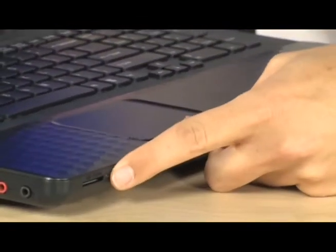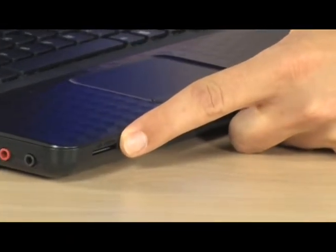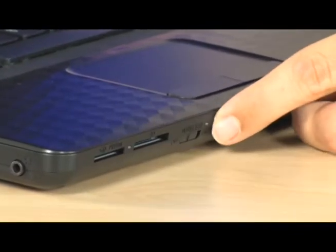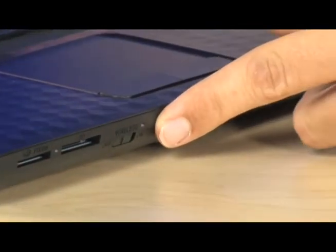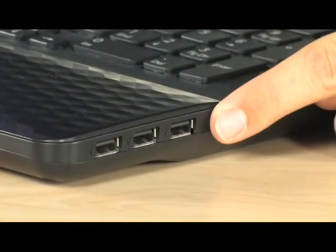Coming around to the front over here, you're going to see that you have a card reader here for Sony Pro Sticks and Pro Stick Memory Duos. You have an SD card reader. You have your switch to turn on and off your wireless antenna manually in case you need to turn it off. Coming over to the right-hand side of this thing, you have a whole set of 3 USB 2.0 ports,